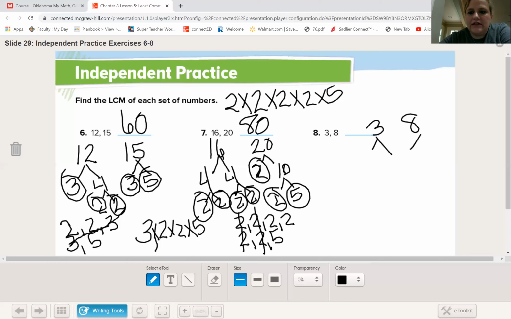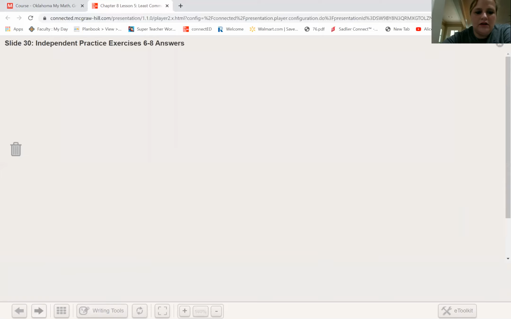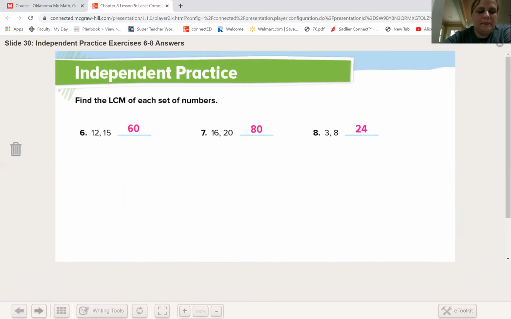Okay, last one. 3 and 8. Well, 3 is prime, so that's it. 8 is 2 times 4. 4 is 2 and 2. So it's 3, 2, 2, 2. Nothing cancels out. So 2 times 2 is 4. 4 times 2 is 8. 8 times 3 is 24. That's it. So 60, 80, 24. Okay, now these are